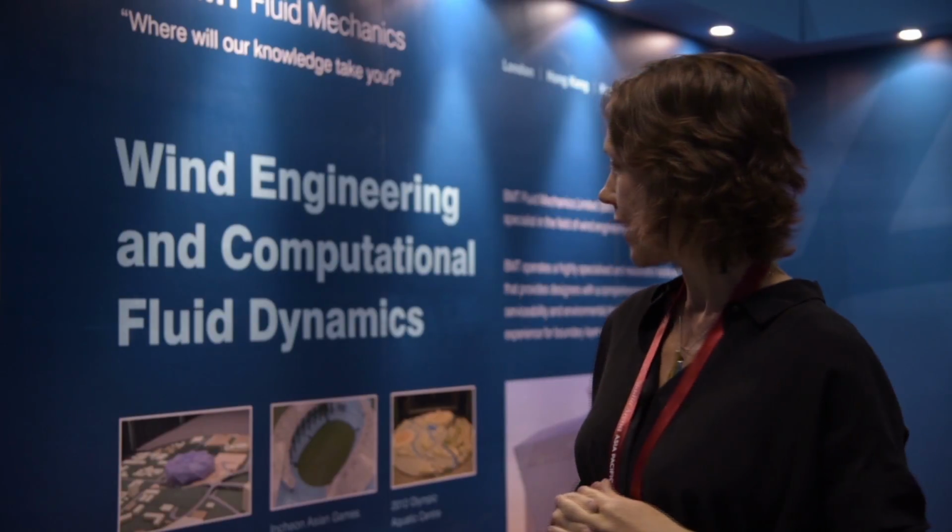In an interesting world these days, everything is highly confidential if it's a very new project. But some of the projects that we have recently worked on would be the Atlanta Falcons Stadium, which was designed by 360 Architecture. Björn Happold was the structural engineer for that project, and it is going to be built in Atlanta in the